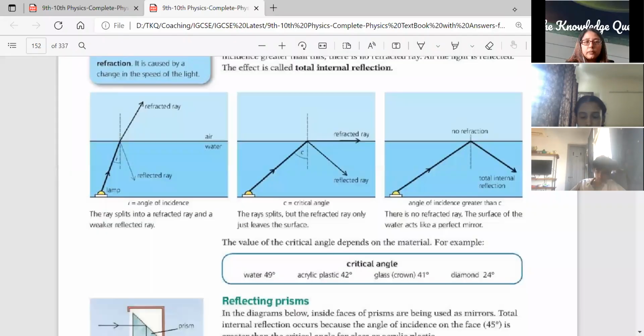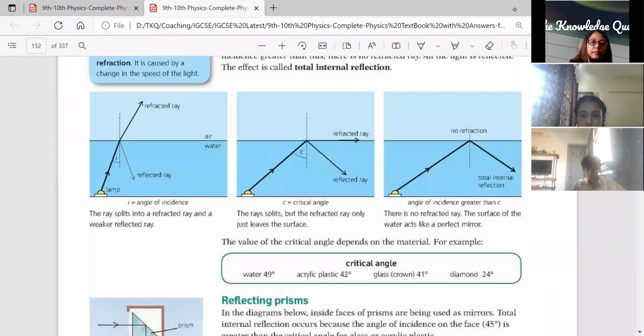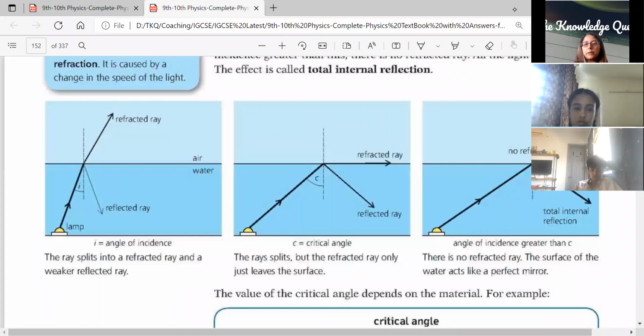Can you see this diagram? Both of you can see, right? Okay. Now look at this. There's a lamp which is inside water, under the water, okay? So obviously light will come out of it. That light will be incident, this will be the angle of incidence, and it will refract and come out, and a very small portion of it also reflects back inside. Okay? Now what did we do? We started shifting this lamp.